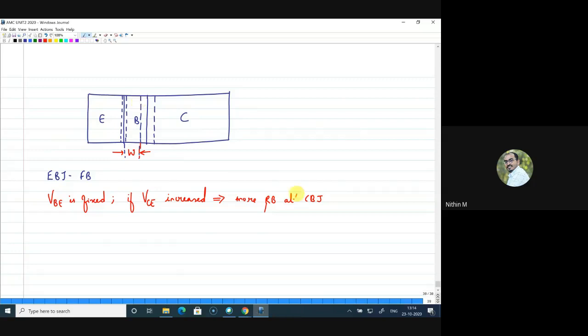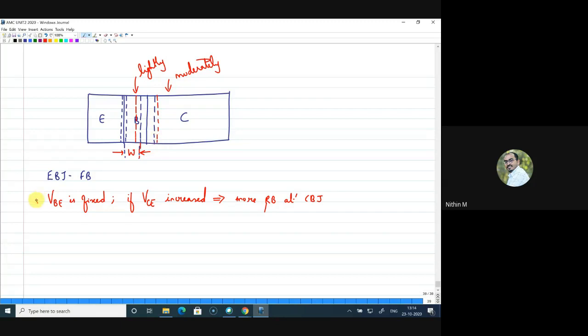Now we know that the doping levels of these two regions, this is moderately doped, this is moderately doped, and this is lightly doped, right? So the chances are more that the depletion region will widen more towards the base region. Why? Because it is lightly doped. So since it is lightly doped, the number of free carriers are less. So whenever there is a reverse bias voltage, the free carriers will be easily taken away, or the formation of depletion region will be more towards this side and less towards this side. So this always depends on doping.